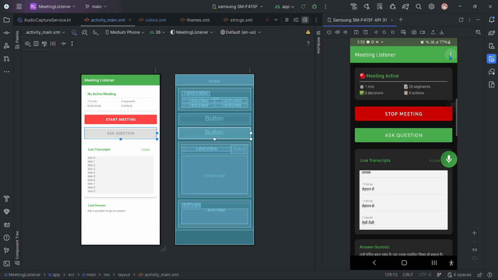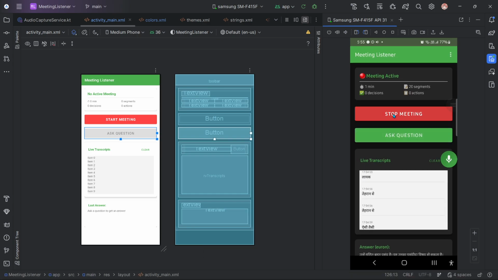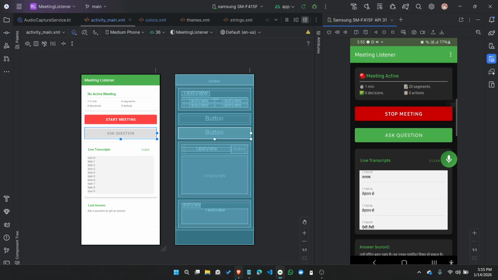And yeah, that's it for now, I guess. And also, if you want the code, I have already pushed it on GitHub. If you want to change it, I would recommend changing the UI because it is not good, but it is user friendly, I guess. Let me just show you.